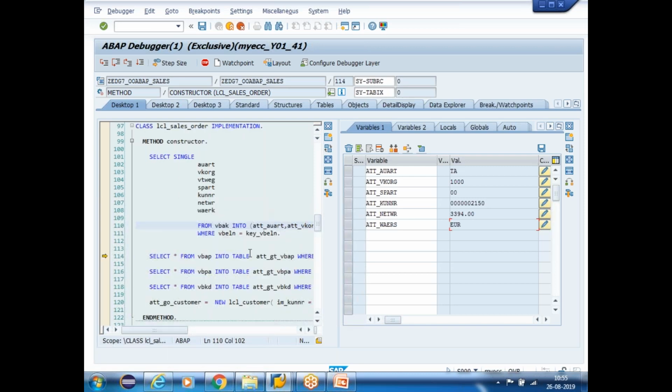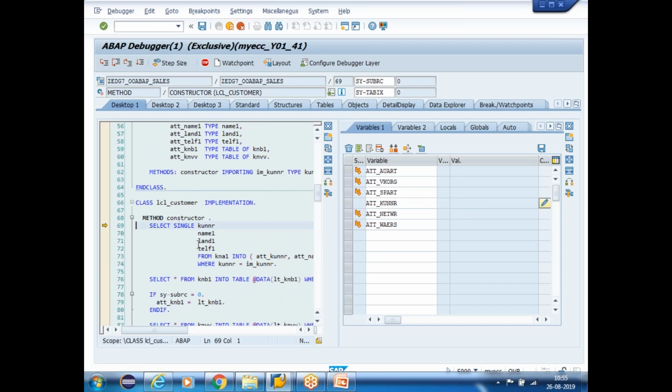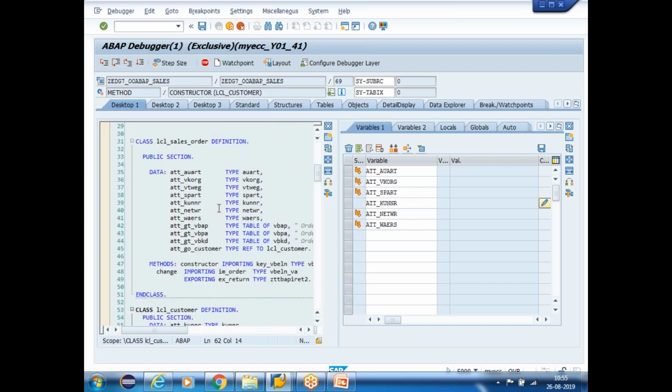Yes, I fetched the data from the VBAK table, and also I am fetching the data from the VBAP table. I am fetching the data from VBPA. I am fetching the data from VBKD. And see guys, one more method is executed, so where is that